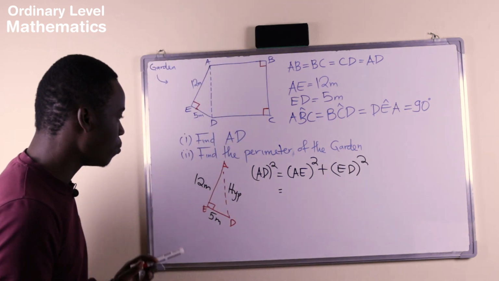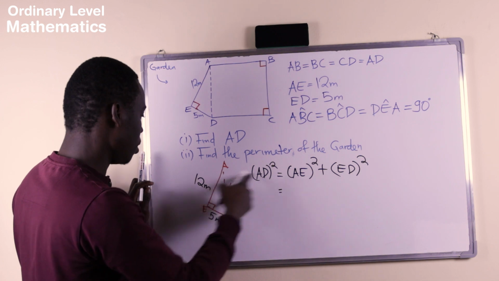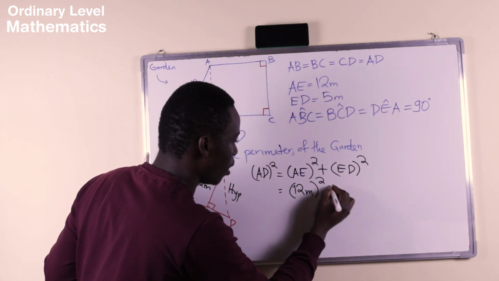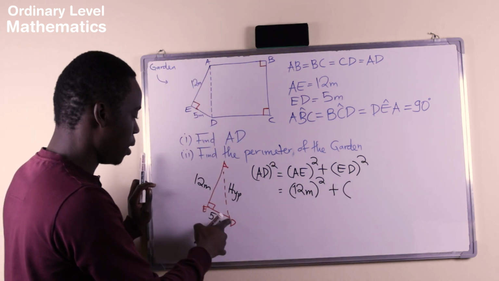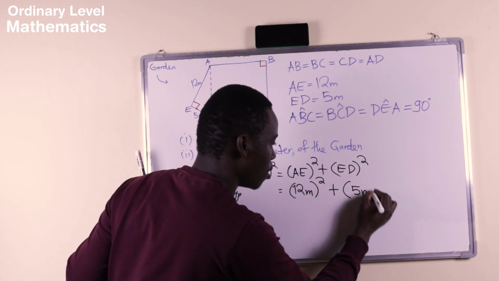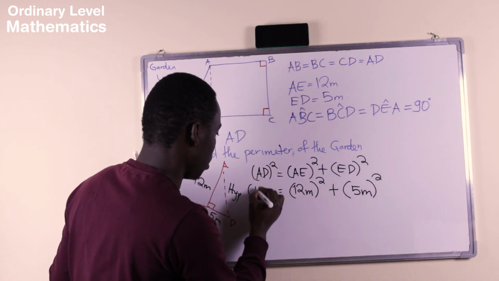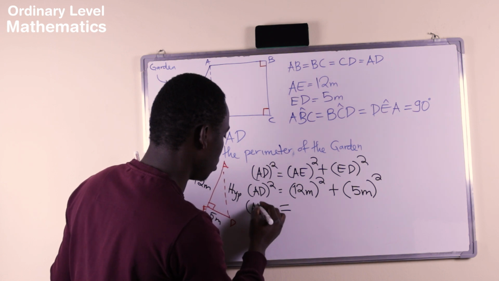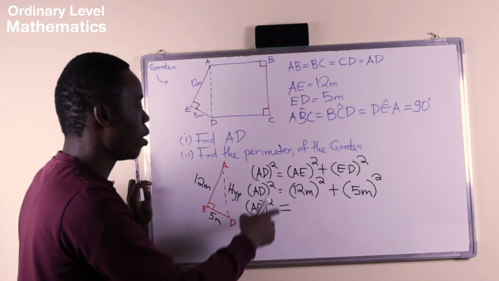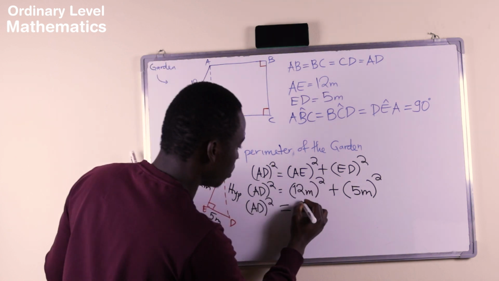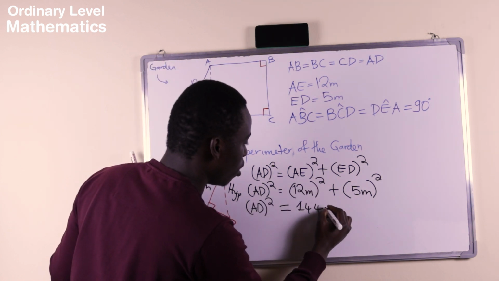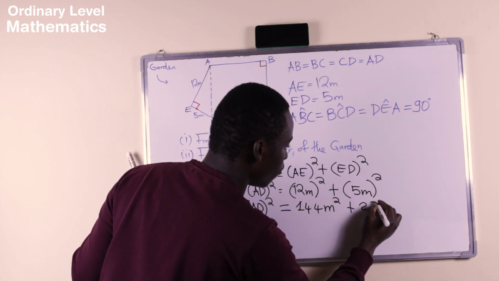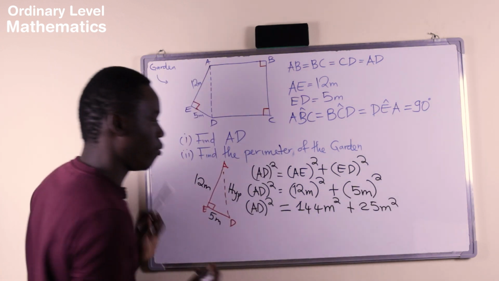So this is equal to AE is 12 meters squared plus ED is 5 meters squared. Hence our AD goes down here. So this is equal to AD squared is equal to 12 meters squared is 144 meters squared plus this is 25 meters squared. Now, if you've noticed,